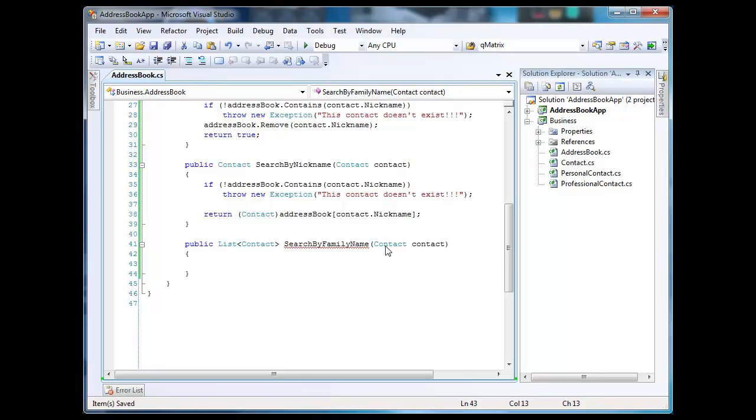Now of course when you are searching by a family name, I will not check if this contact exists or not. There's of course a lot of checking that you can do, by the way, but I'm not gonna do those checks just to minimize time. I'm trying to deliver an idea here. Probably by the third lesson or so, we can polish it out, perfecting it, making errors handled, or making the application much more friendly to the user. Okay,